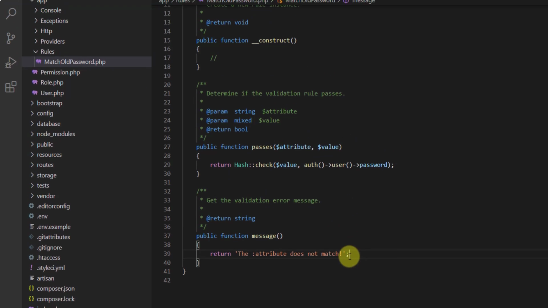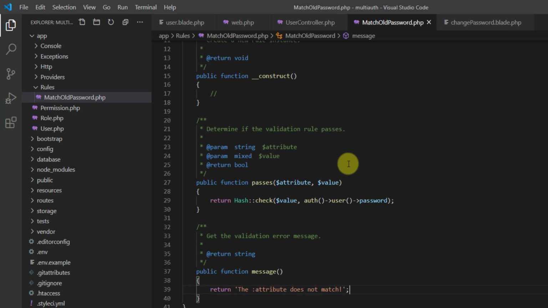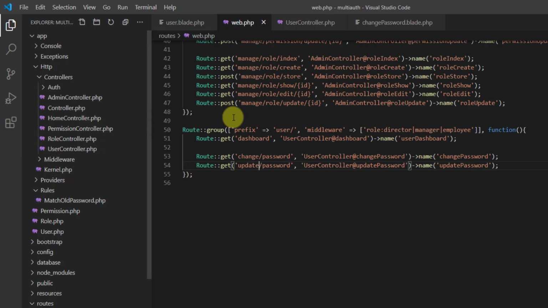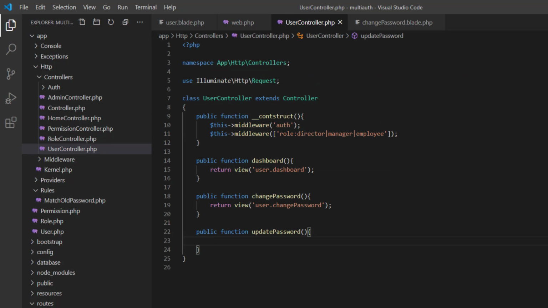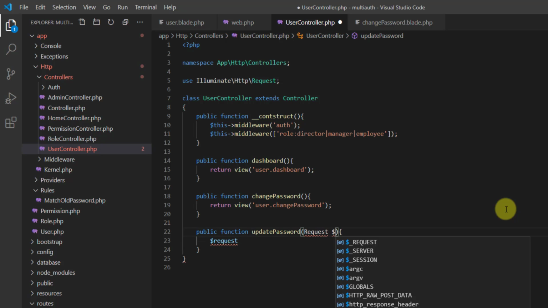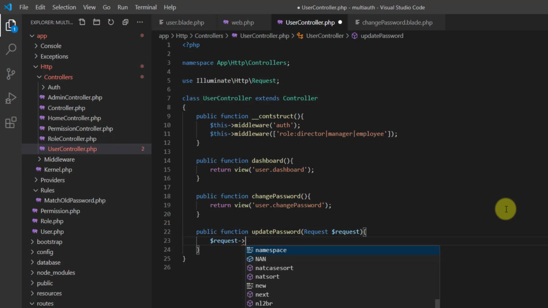Now the next part is, let's close this one because we don't need it anymore. And guys, this method should be post. Don't forget to make it post. Now let's go to our user controller, and in here what we want to do is work on this updatePassword method. So first let's validate our data. So request, well, let's also put our Request in here. So request->validate, we need our array,